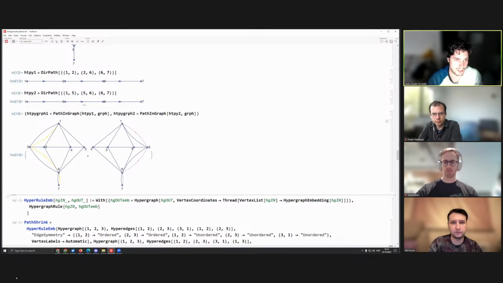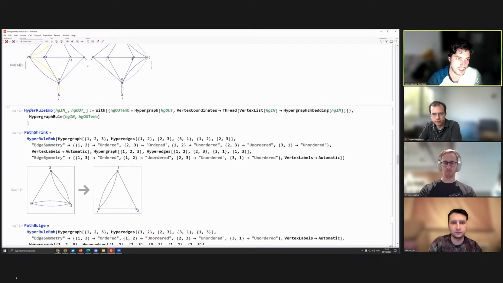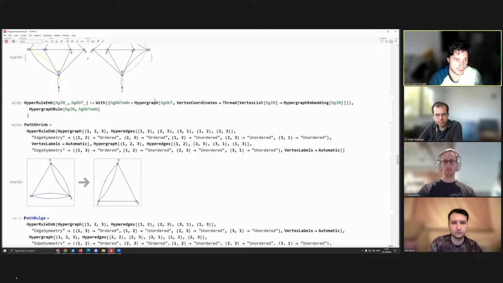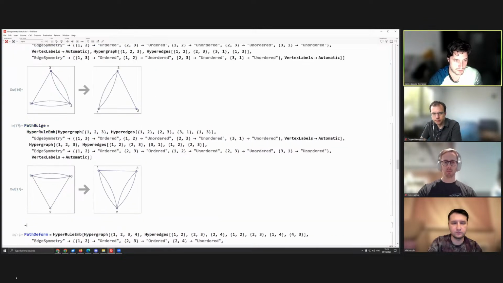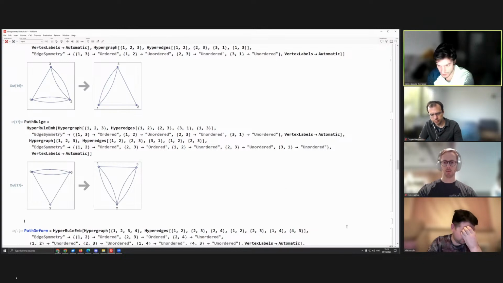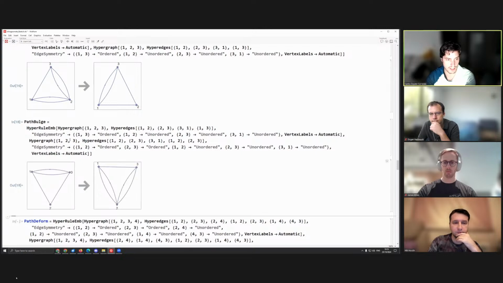If we restrict to something that has length 3, then there are these two paths, for example. And then we want to think about the possible ways to form a path,